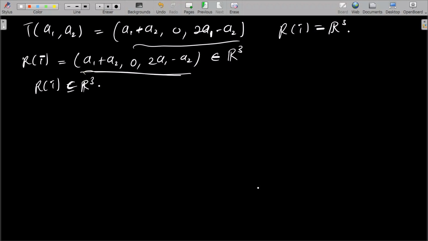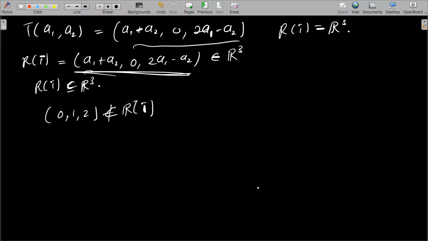All the vectors in the range of T have 0 in the middle, right? But it's not every vector in R3 that has a 0 as the middle value. If I pick the vector, say 0 1 2, this will never belong to R of T,